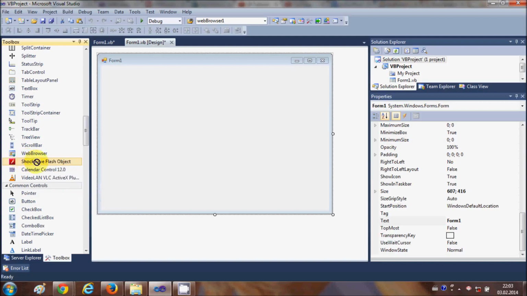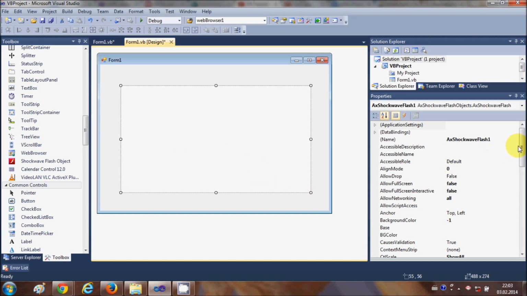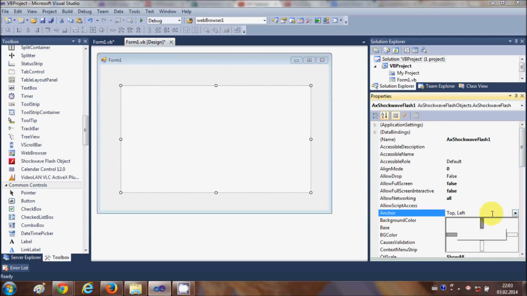Just drag and drop this object inside your form and it will load this Shockwave Flash object, and if you want you can resize it and you can anchor it to all the sides. Okay,